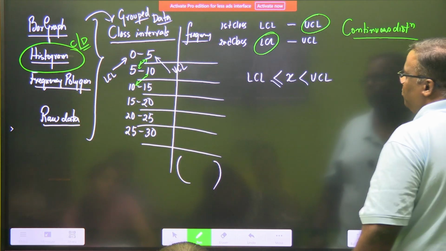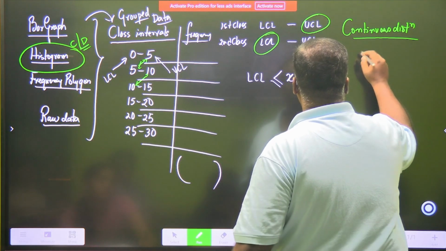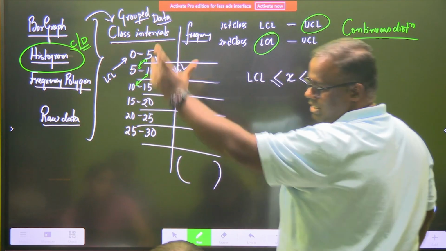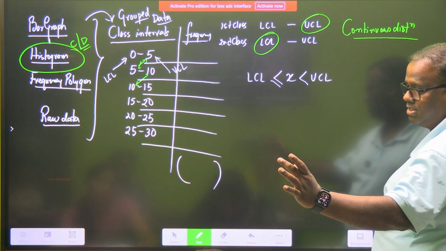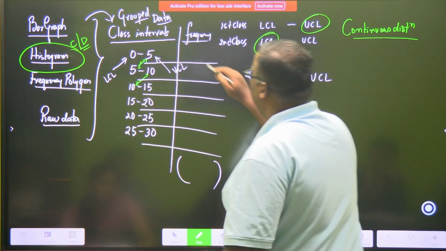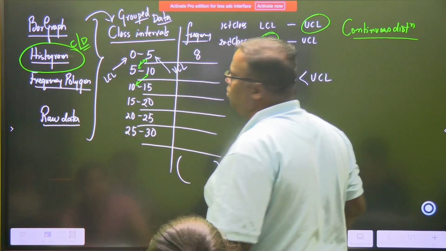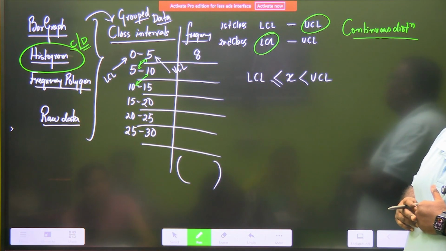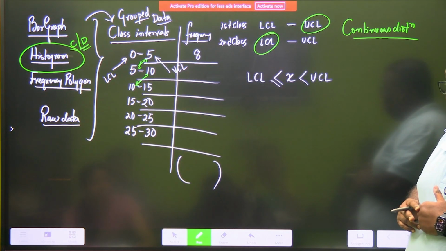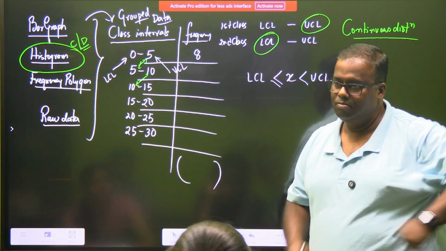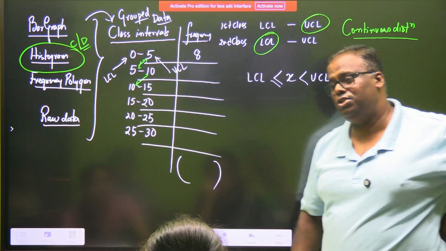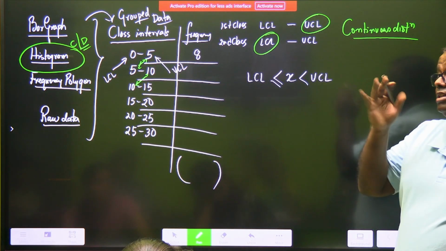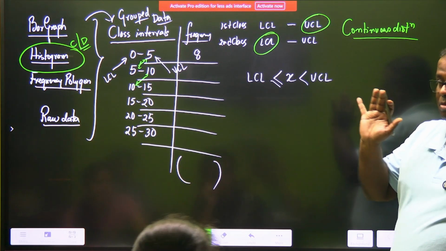Now there is one more thing, it still doesn't tell me the marks, it tells me the range of marks. Suppose I plot here 8, what is the information you are getting? There were 8 kids who scored from a mark equal to 0 to less than 5. Do you have the individual information of the 8 kids? No, we don't have। उन 8 किड्स का मार्क्स क्या है वो नहीं पता हमें, बस हमें ये पता है